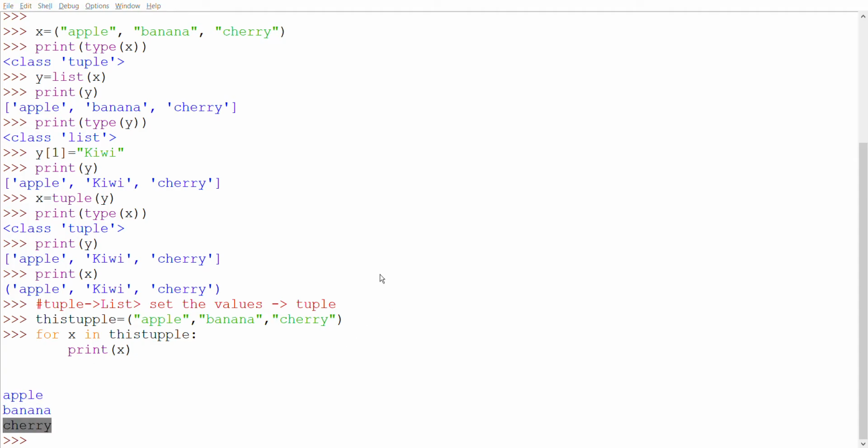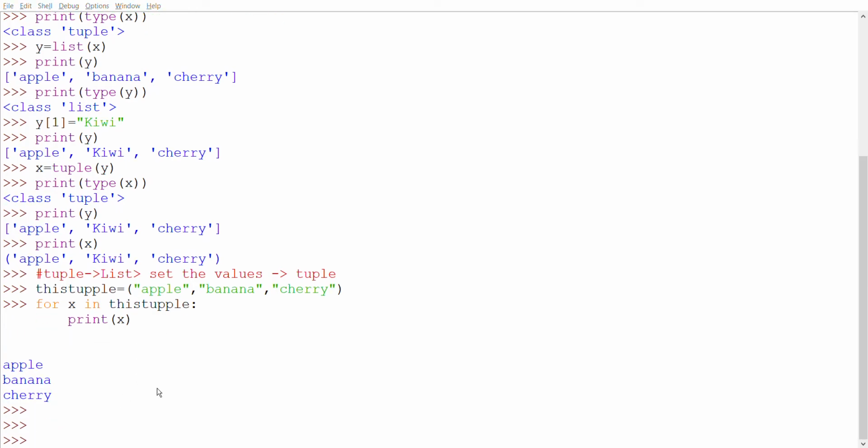Now we'll go with checking if an item exists or not. To determine if a specified item is present in a tuple, we have to use the in keyword. We are going to check if apple is in this tuple or not.